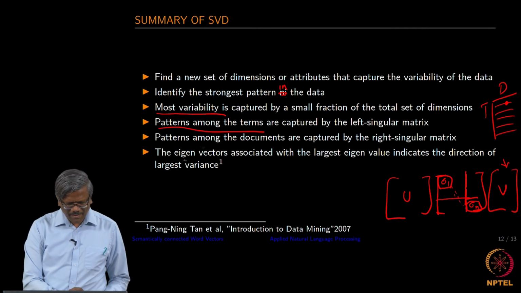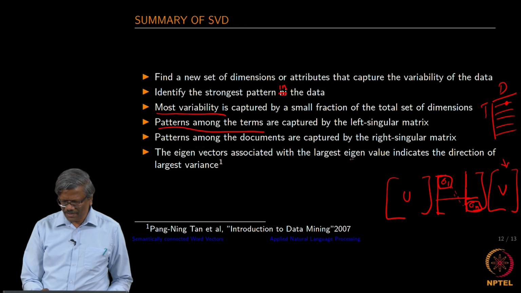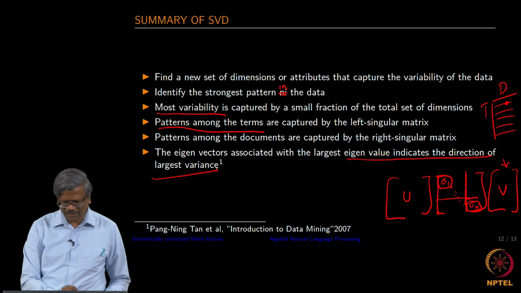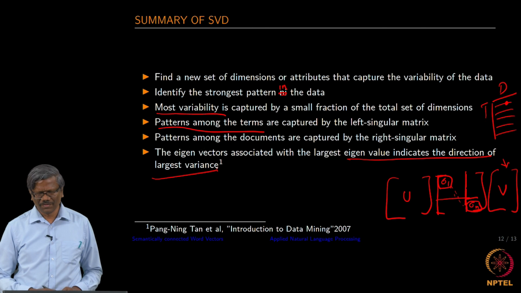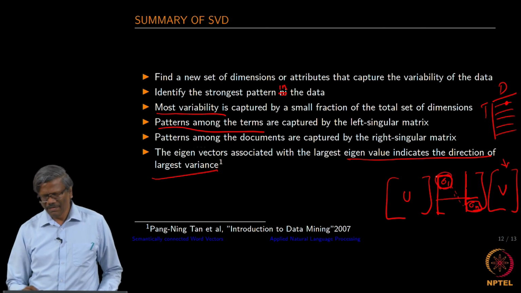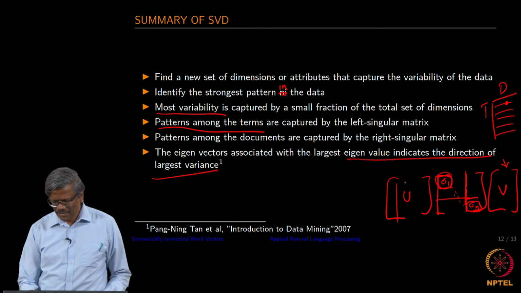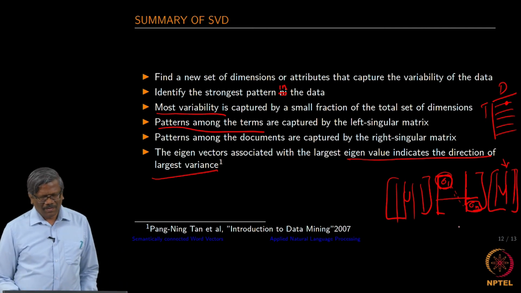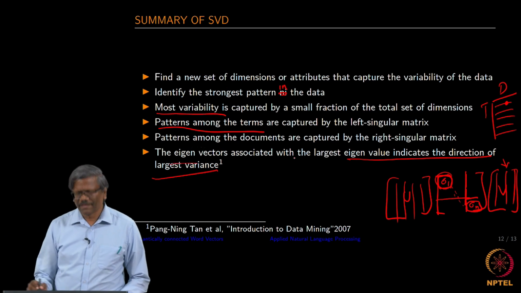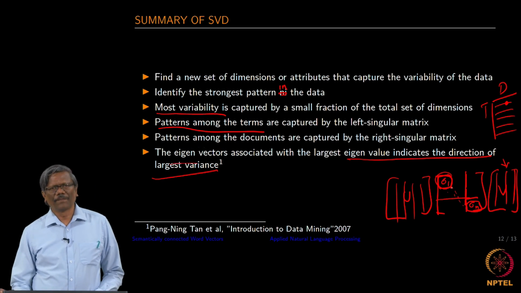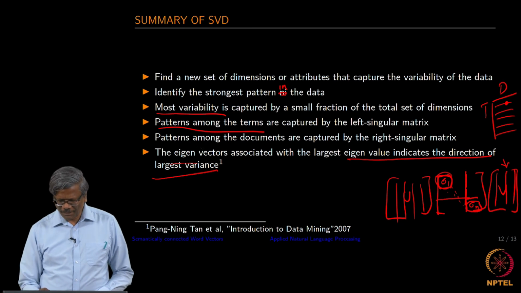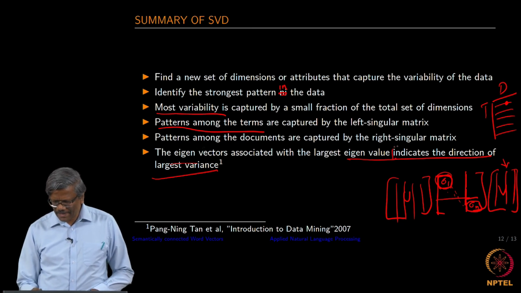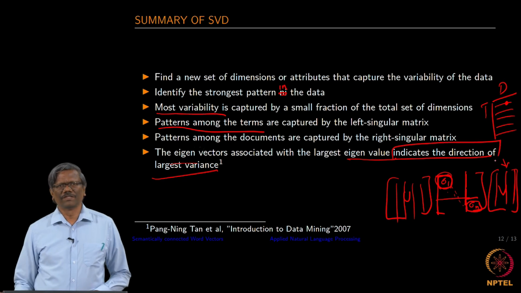So the eigenvectors associated with the largest eigenvalues indicate the direction of the largest variance. So this captures the largest variance. If you take these matrices and find the eigenvectors associated with this one, you will find the vectors that indicate the direction of largest